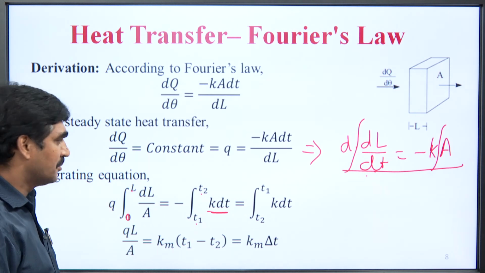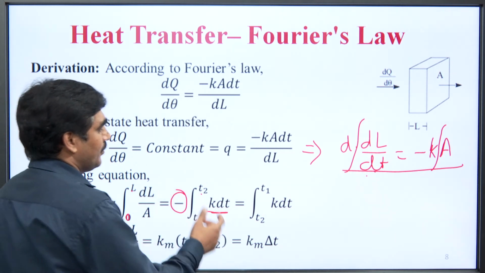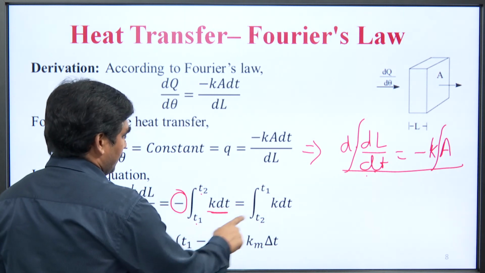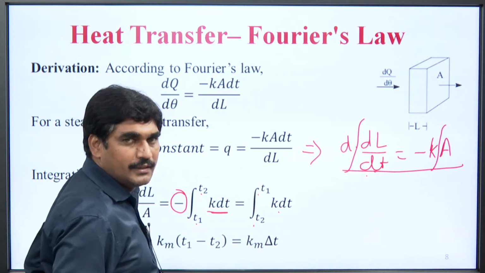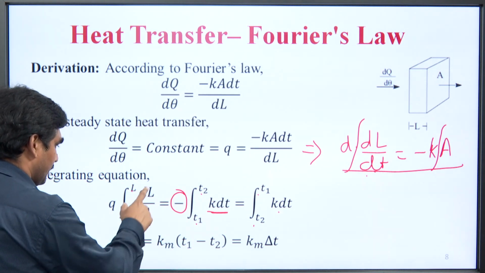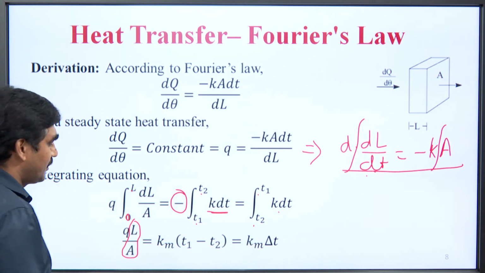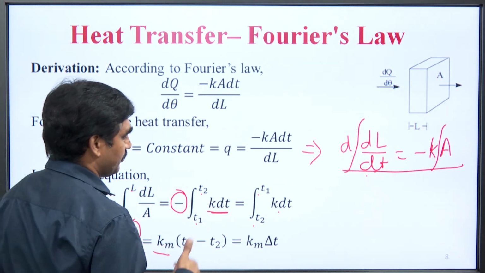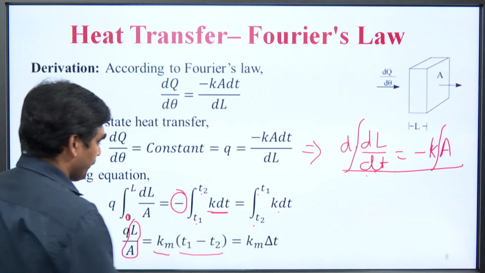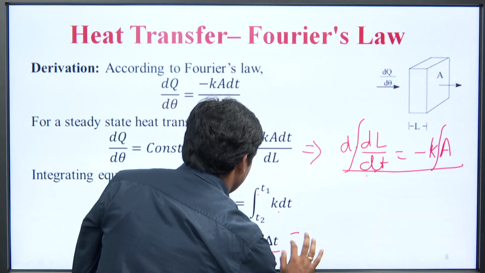This negative sign can be removed by changing the definite integral limits, that is T2 to T1 k dt. So, integration of this, dl by A is L by A, q was constant equal to Km, where Km is the proportionality constant, T1 minus T2. So, that is equal to Km delta T. So, finally, this equation becomes